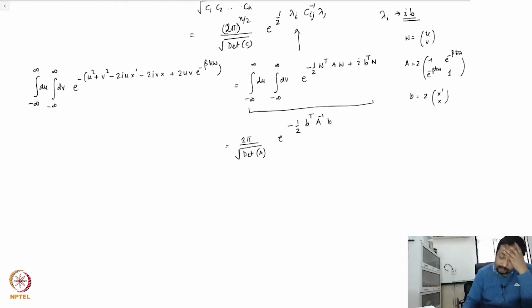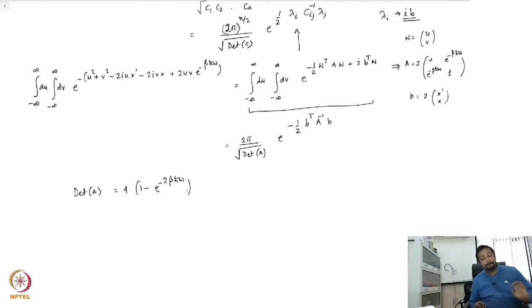Let's take it step by step. Determinant of A follows from this relation. It's going to be 4 times (1 minus e to the power minus 2 beta h bar omega). Please make sure that the factor is 4 outside and not 2 blindly, because 2 multiplies all the elements of this matrix A. And then A inverse is evaluated as